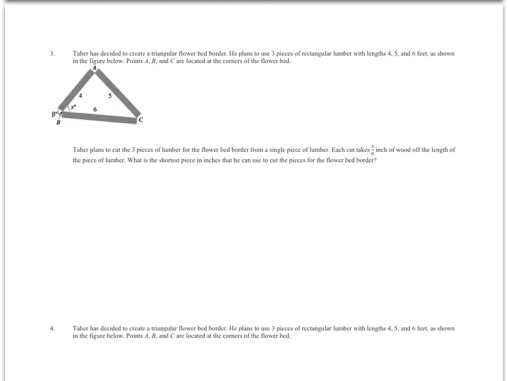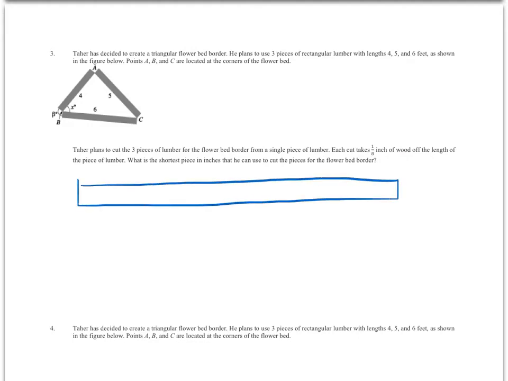The dude plans to cut 3 pieces of lumber for the flower bed border from a single piece of lumber. Every time he makes a cut, he loses 1/8 of an inch. So he's got one board and he's going to have to make a cut here, he's going to have to make a cut here. He's going to make 2 cuts to make 3 pieces. What is the shortest piece in inches that he has to use to cut the piece for the flower bed